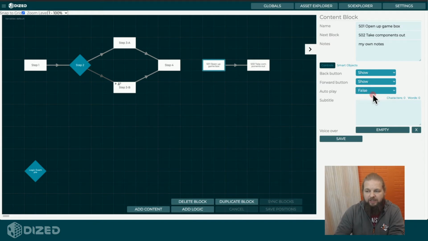If the players do need to do something, say take a card from the deck, for example, then you want to set autoplay to false, give players time to take their time to do that action, and then they will interact with the app when they are ready to continue. Then subtitle is what will be shown during the step, and voiceover is the voiceover file that will be played during the step. And save